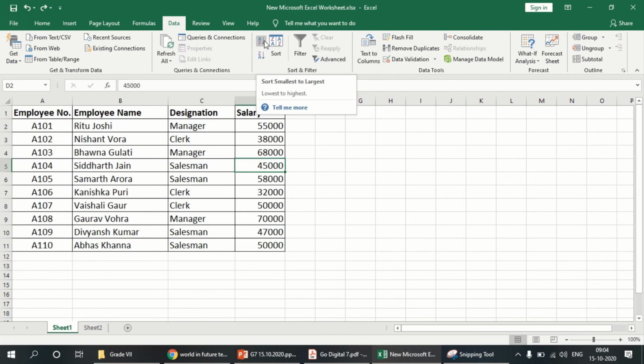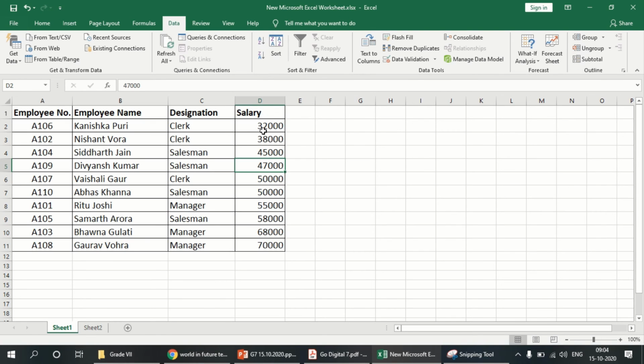Click smallest to largest, like this. So the salary will be sorted from the smallest value to the highest value, right? According to the salary, the designation, employee name and employee number also changed accordingly. Whoever is getting the 32,000 salary will come first, that is Kanishka Puri. So this is how single column sorting works.